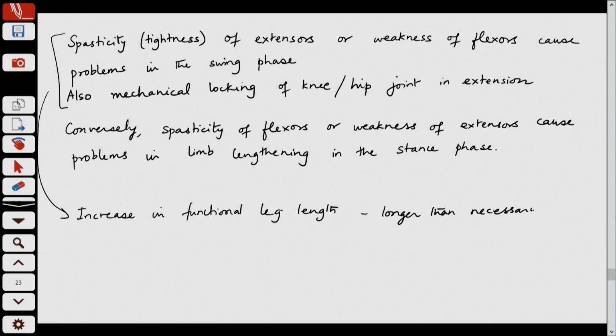So, this could be caused sometimes due to a stroke. So, following a stroke, a person could have